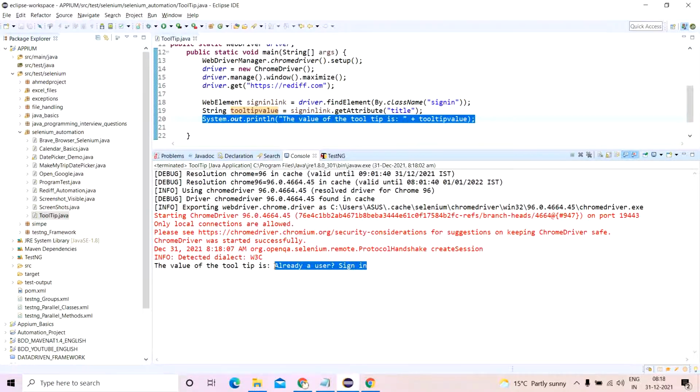So this is a very simple concept. You can do one thing using the tag name. You can find out all the web elements which have a tooltip value. You can use your logic and use a for loop to determine which web elements have the attribute title, and print them in the output console. This is a small exercise you can do. In that case, you will get the name of the web element and the corresponding tooltip. I'm not going to do it, but you can practice that.